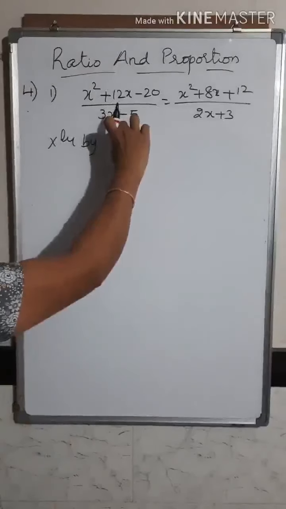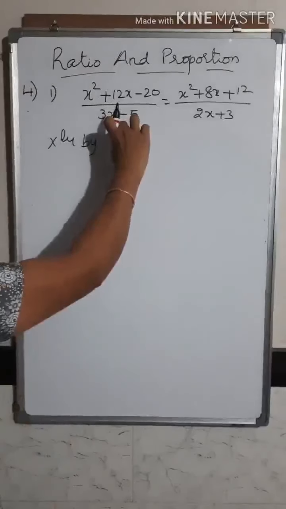So to simplify it further, you have got x square on both sides which can be cancelled. Then cross multiply. So when you cross multiply you will get 12x minus 20, because here when you have cancelled it, it remains 1 here. You have got 1 in the numerator, is equal to, you get 8x plus 12.